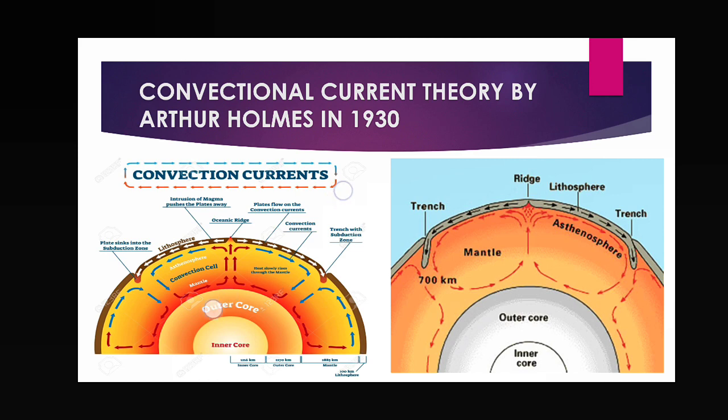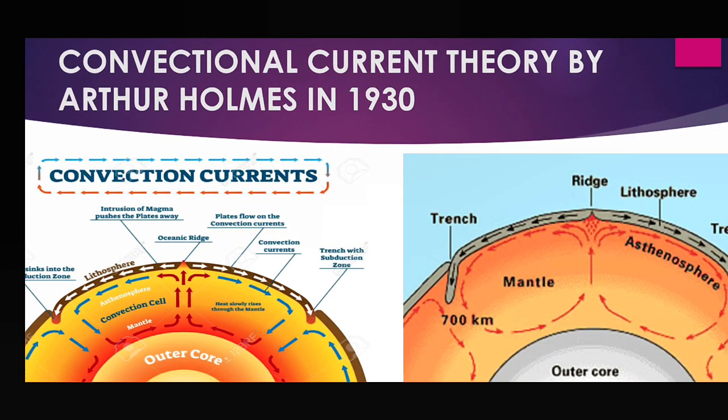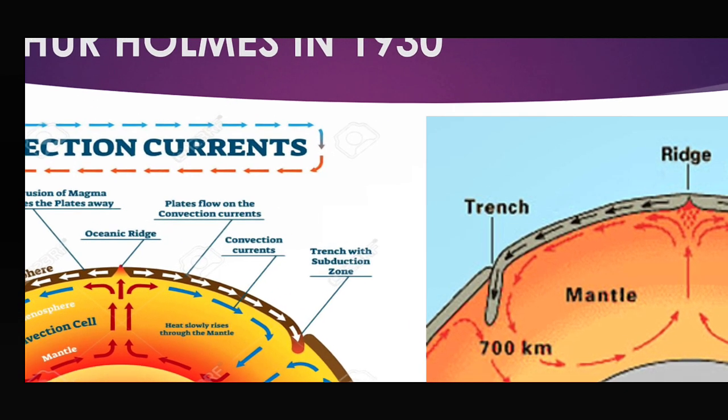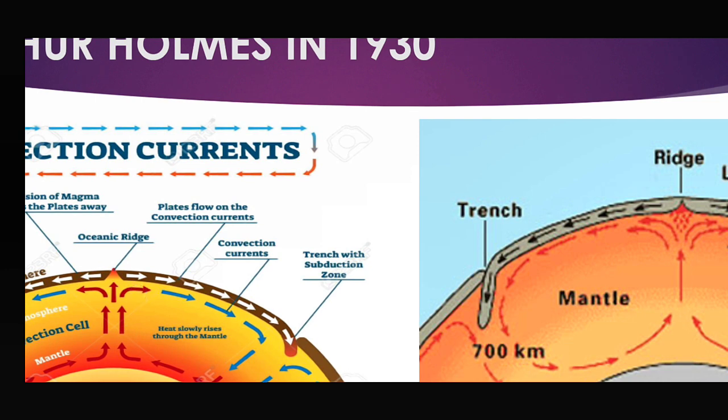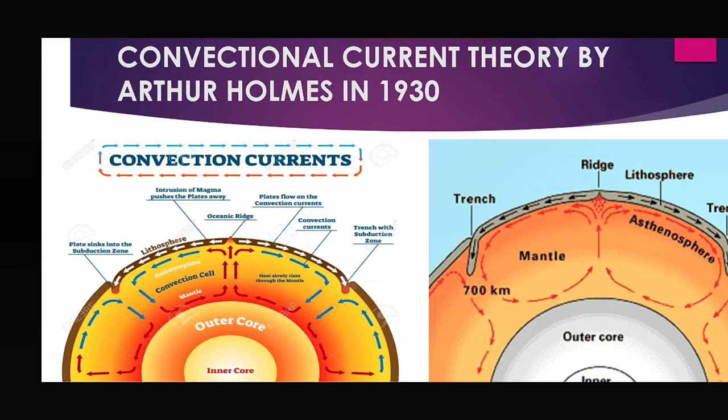Here, take a look at this circular movement. The arrow signs are moving towards your right hand side, and that's why the lithosphere is also moving towards the right hand side. Here, take a look, the arrow signs are moving towards the left hand side, that means the lithosphere plate is also moving towards the left hand side. That means the movement of the plate is decided by whom?